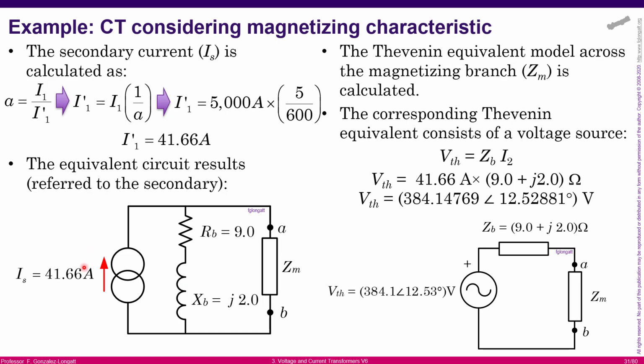Now, immediately below, you can see we are connecting an equivalent circuit of the transformer, okay? We are injecting the secondary current. Here you can see the load representing the burden, and we have the magnetizing branch, okay? We can define the terminals A and B at the magnetizing branch, and because we don't know the magnetizing branch, what we can do is apply a Thevenin equivalent model. The Thevenin equivalent model for that circuit is presented on the right-hand side. You can see terminals A and B, and you can see the magnetizing branch. The Thevenin equivalent model is well known because you have an ideal voltage source with the Thevenin voltage in series with the